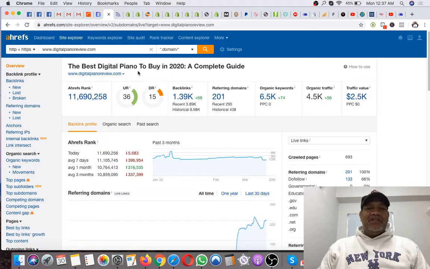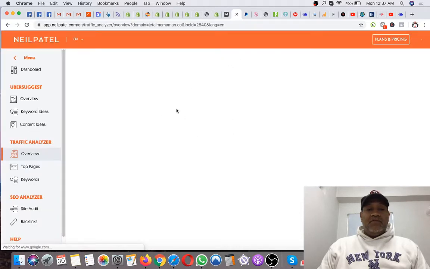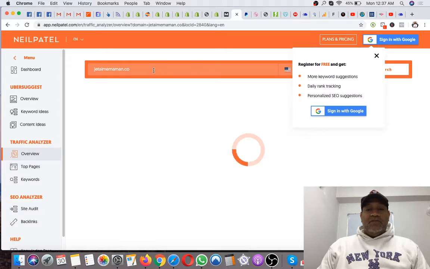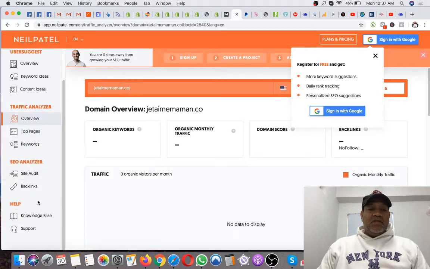So today I wanted to show you just how to do backlinks using a couple of platforms. One of the most known is actually Ahrefs. I don't recommend it for people who start. I would recommend Neil Patel's Ubersuggest. You can easily find competition. You just have to have an idea about your competition,